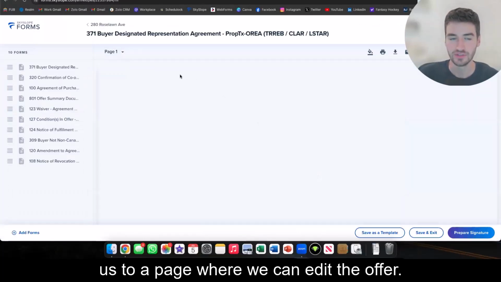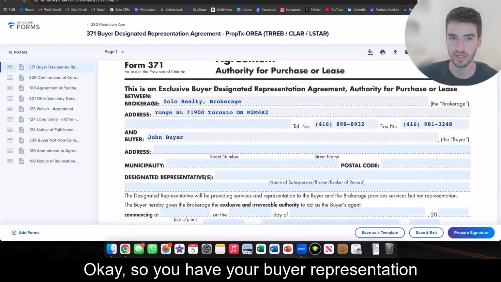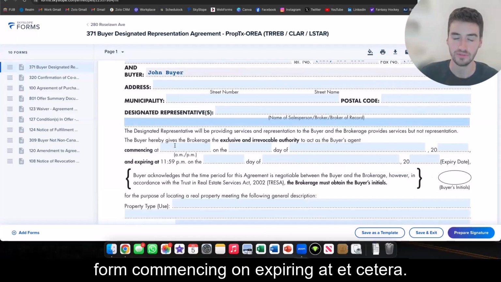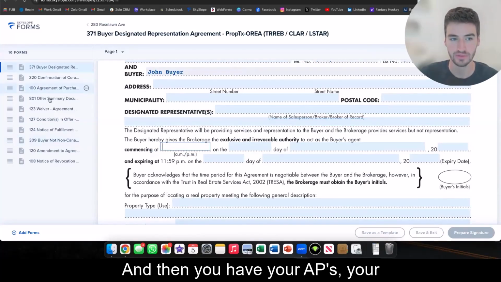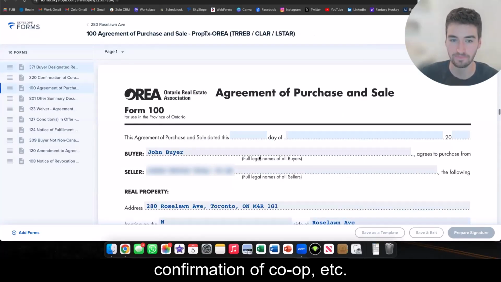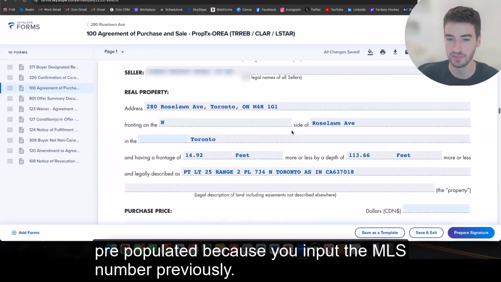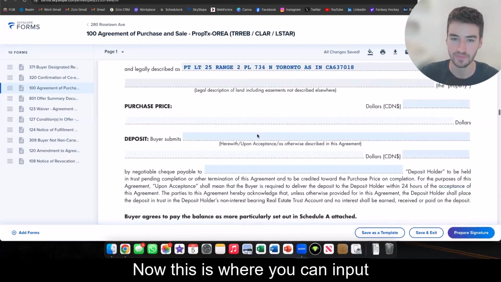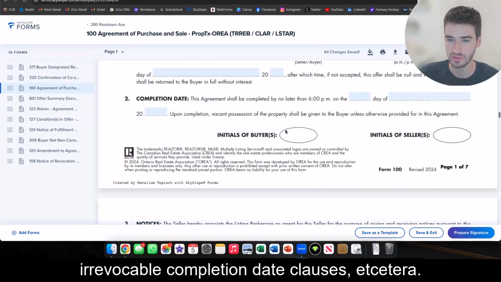This now brings us to a page where we can edit the offer. We can actually input the information. Okay, so you have your buyer representation form, commencing on, expiring at, etc. And then you have your APS, your confirmation of co-op, etc. I see here, a lot of this information is pre-populated because you input the MLS number previously. Now, this is where you can input all of your information. Price, deposit, your irrevocable date, completion date,